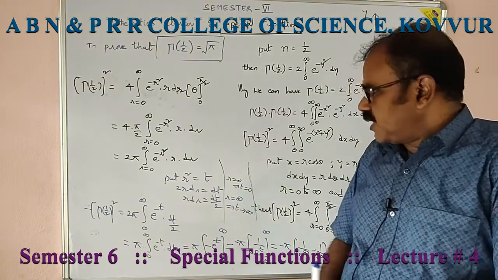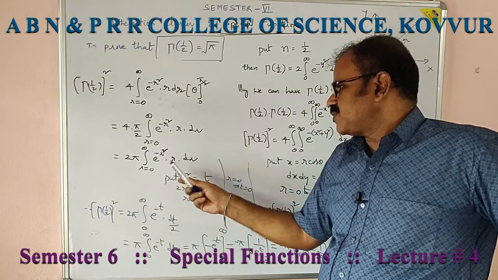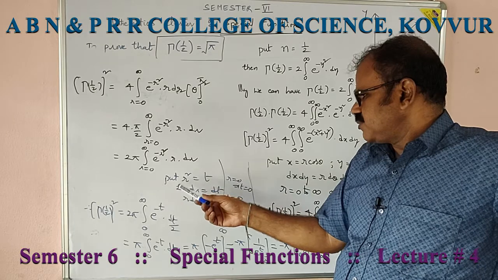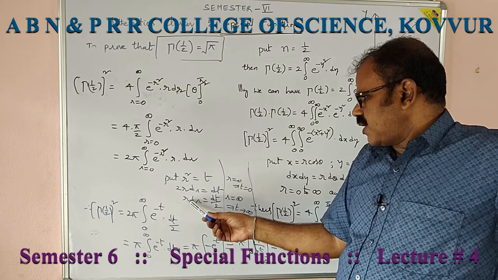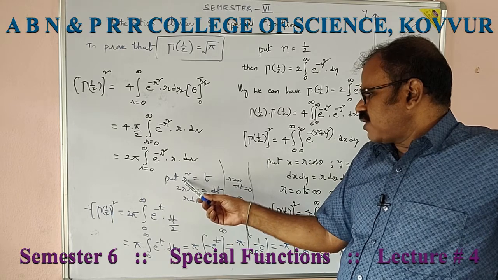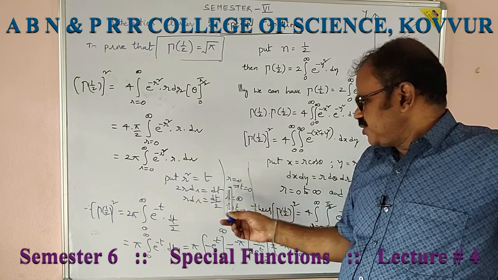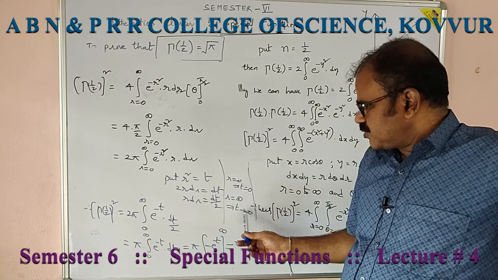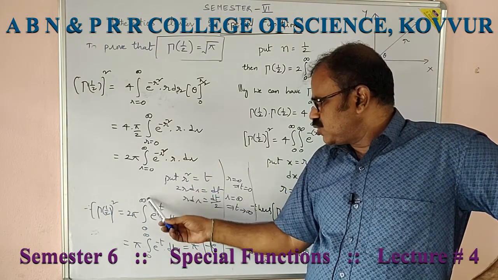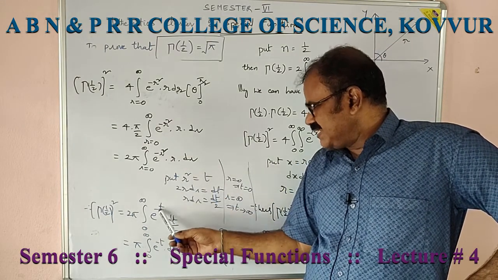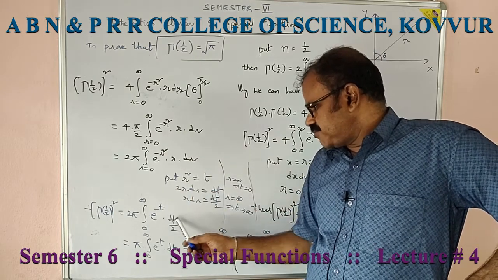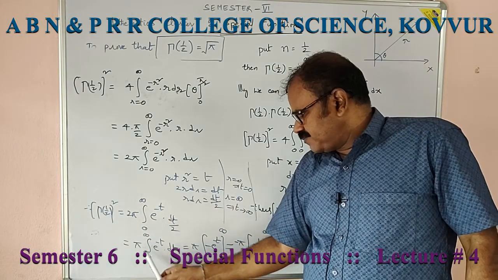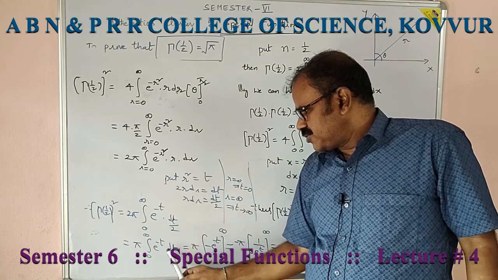To evaluate that integral, r is from 0 to infinity e to the power of minus r square r dr, put r square is equal to t. 2 r dr is dt. r dr is dt by 2. The limits: when r is 0, t is 0. When r is infinity, t is infinity. We have the limits will not change. r is from 0 to infinity means t is also from 0 to infinity. Therefore, 2 pi into 0 to infinity e to the power of minus t. In place of r dr, you have dt by 2. So this is 2 pi by 2, pi, 0 to infinity e to the power of minus t dt.